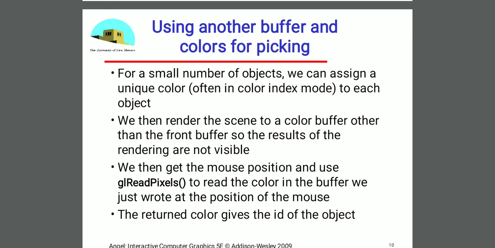We can use buffers like front buffer, back buffer. You can use color buffers also. Assume you have some 10 objects in your mini project. 5 objects you assign to one color buffer and 3 objects you assign to another color buffer. The remaining 2 objects you assign to another color buffer. So based on the hit touch area, the touch is near to which color buffer, you can identify the selection.